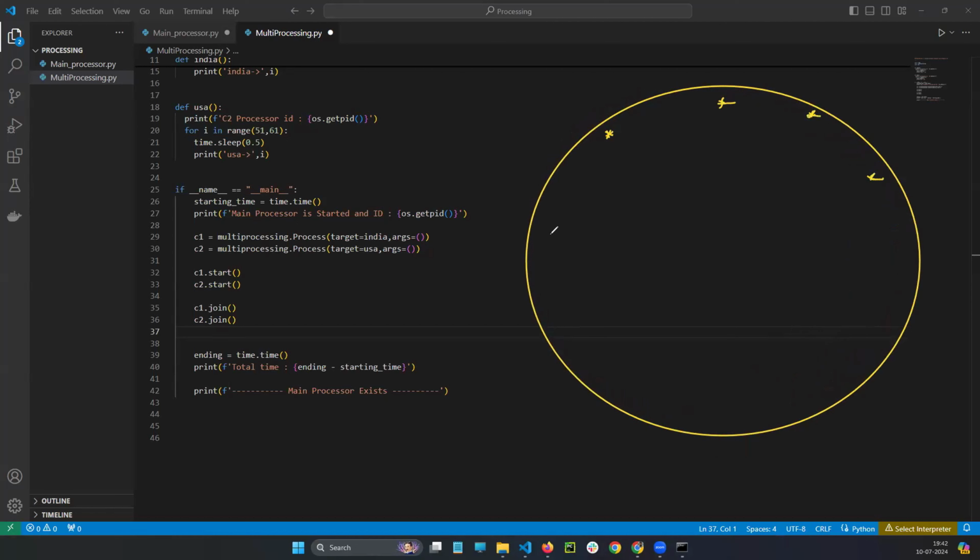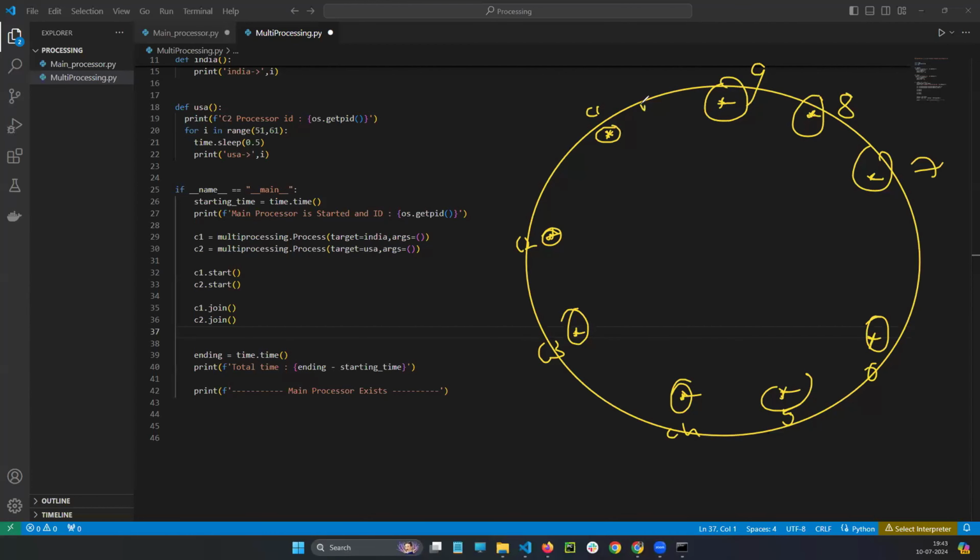For example, let's take a few. I'm going to write 5 or 10. Each one is a camera. For example, camera 1, camera 2, camera 3, camera 4, camera 5, camera 6, camera 7, camera 8, camera 9, and camera 10. 10 cameras are there, for example.